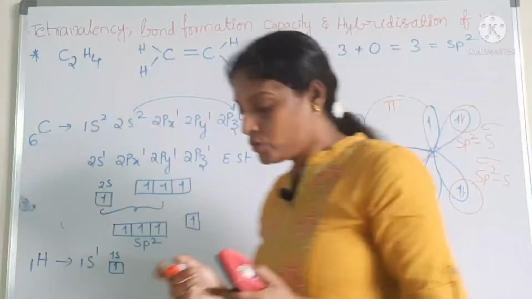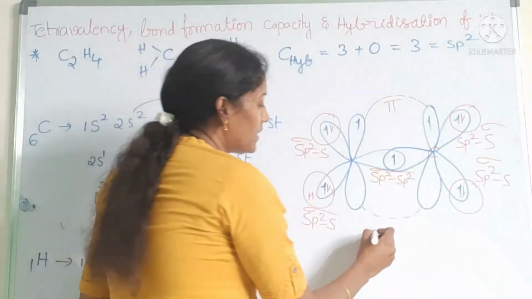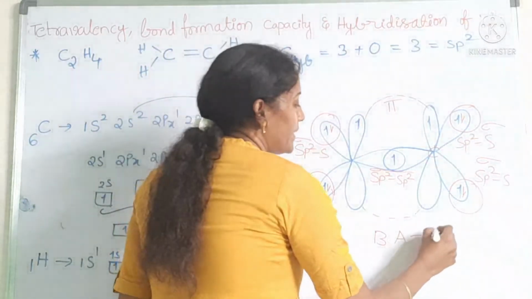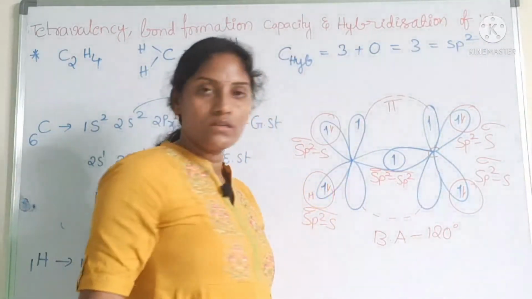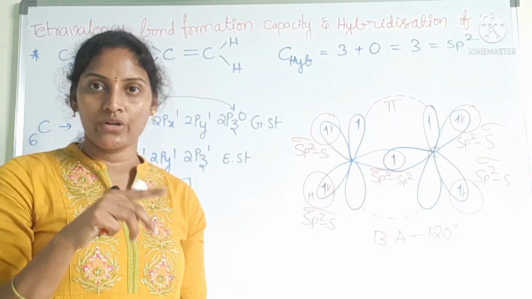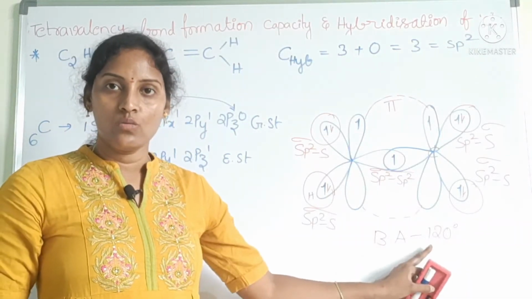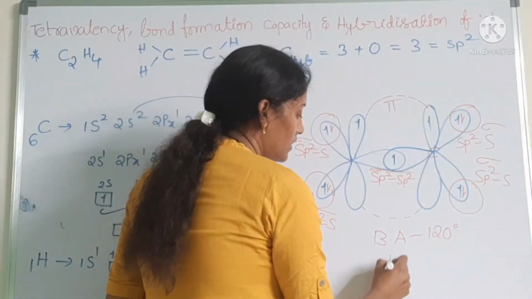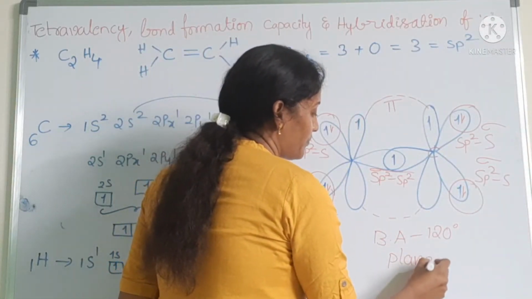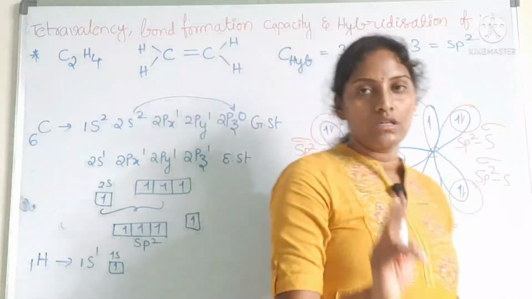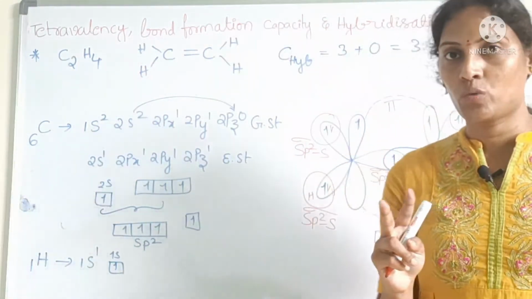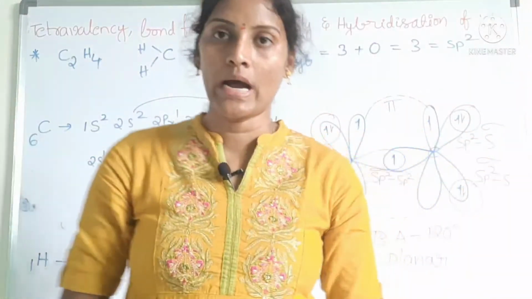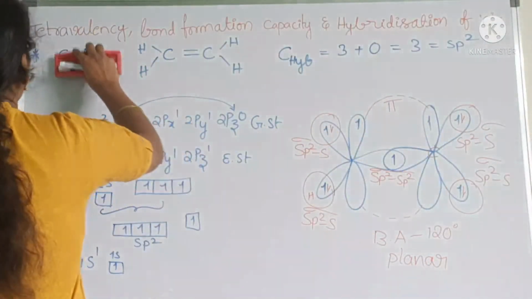Okay, coming to here, the bond angle in this one is 120 degrees. The 3 sp2 hybrid orbitals are oriented at a 120 degree angle. The shape of this molecule is planar. This is about one double bond and 2 single covalent bonds by using electronic configuration and sp2 hybridization. Coming to another one,